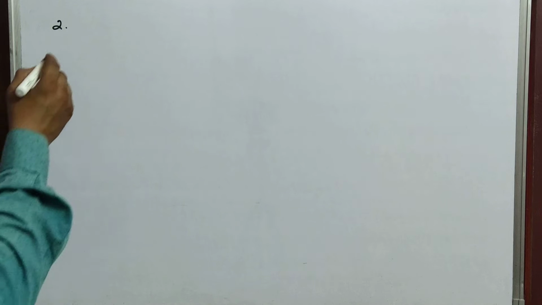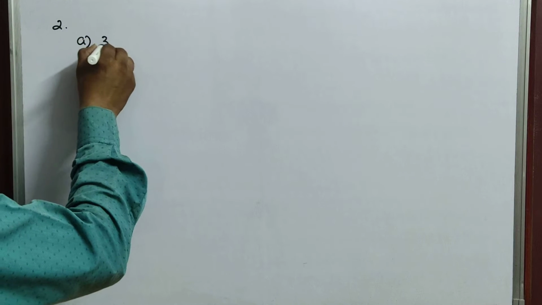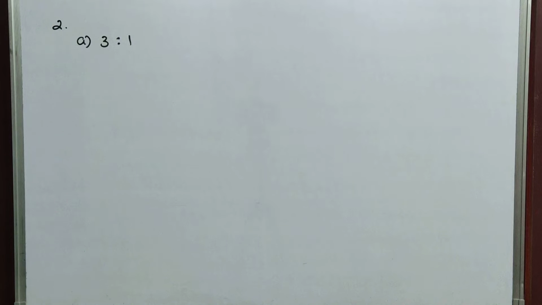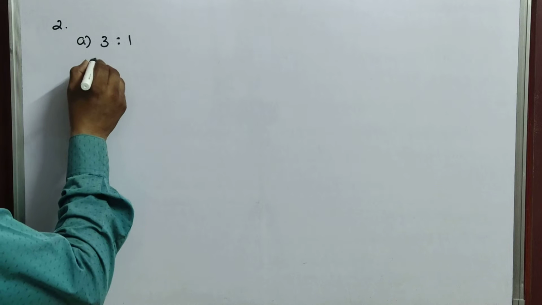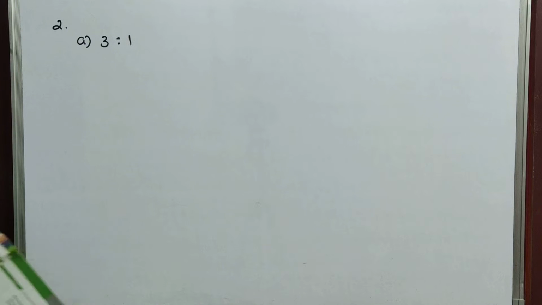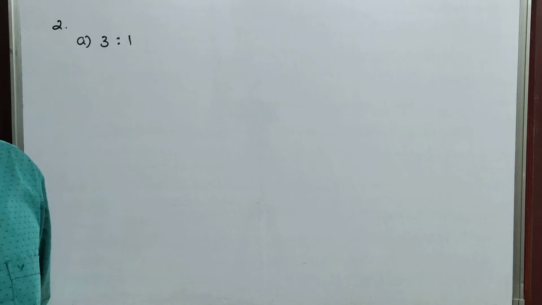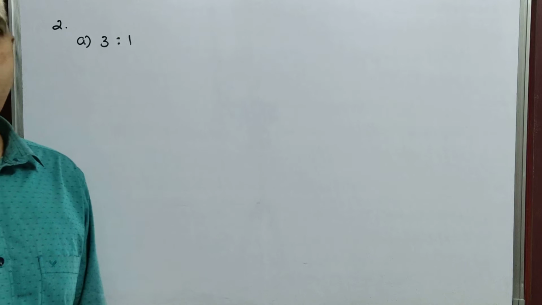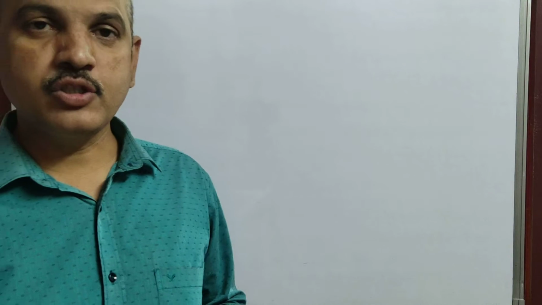Convert each part of the ratios to percentage. Okay. So he has given here 3:1. 3:1 is the given ratio. So he is asking the fractional part of percentage, ratio to percentage. Now, how to do it? First here 3:1. You all will commit a mistake: 3:1 means 3 by 1, it can be written as 3 by 1, it's correct, 3 by 1 into 100. It's not asking that question.